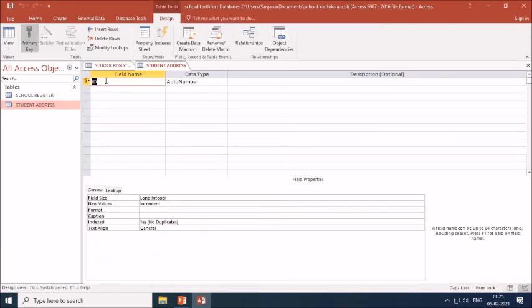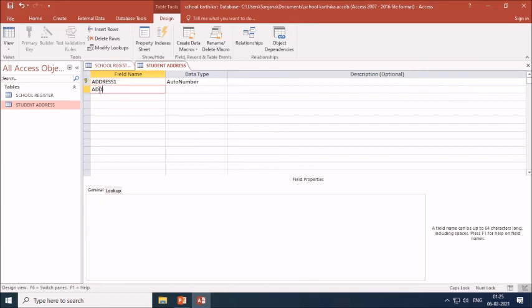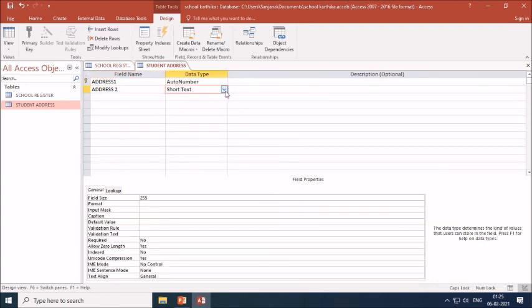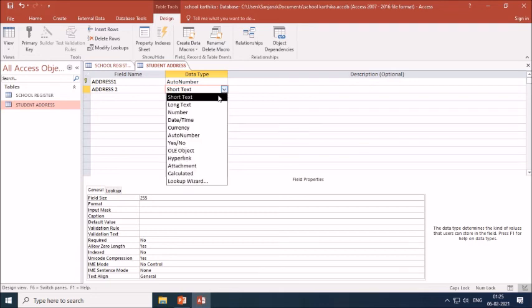Now for giving the address of the student, first you have to give address 1 for writing building name, room number, floor. Then address 2 for writing nearby or other text, other data if you want to enter. So you can give short text or long text. You can make use of short text.